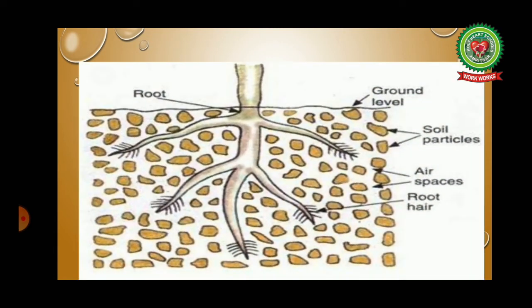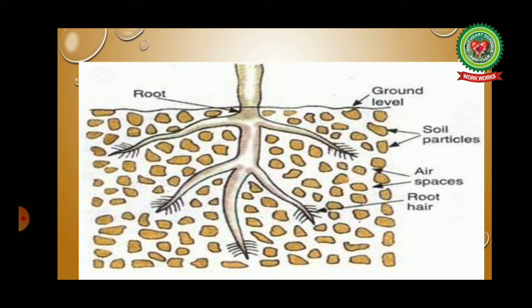Children, we know plants have primary root, secondary root and tertiary roots. The outer thin epidermal outgrowths of roots are called root hair. The root hair are in contact with the soil particles, and soil particles have air spaces in between them, and in these air spaces oxygen is present. Oxygen diffuses in root hair and reaches all parts of the plant, and it is through the root hair only that carbon dioxide diffuses out from the root of the plant. So in this way respiration occurs in root.